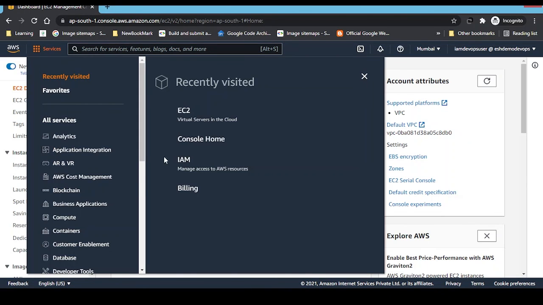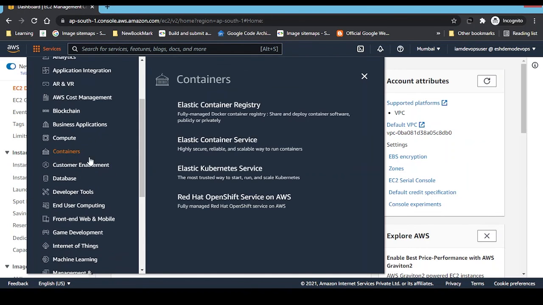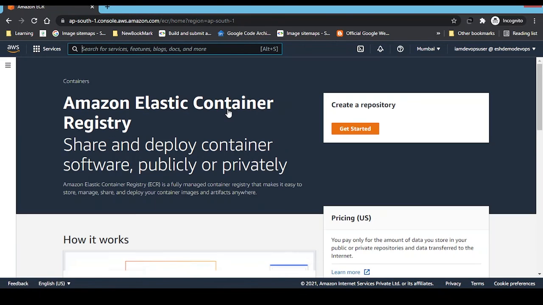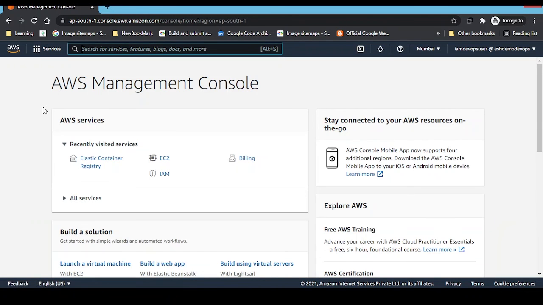If I go to other services like containers, you can see I'm able to access all these resources because I have full administrator access.